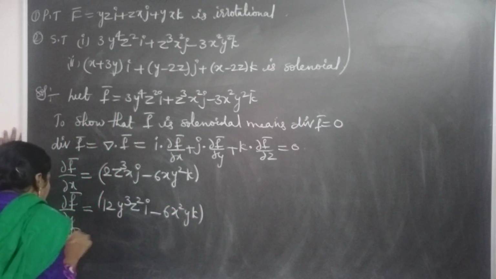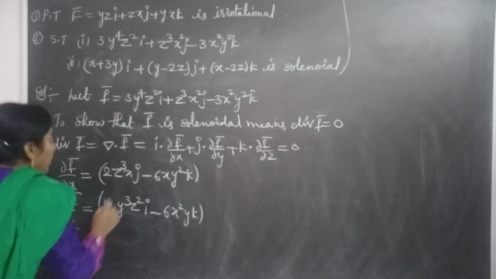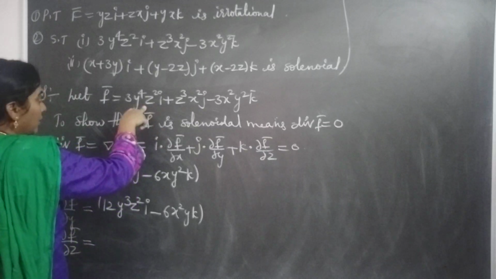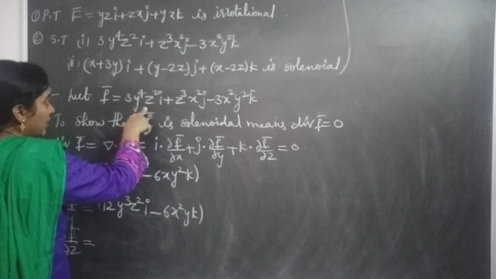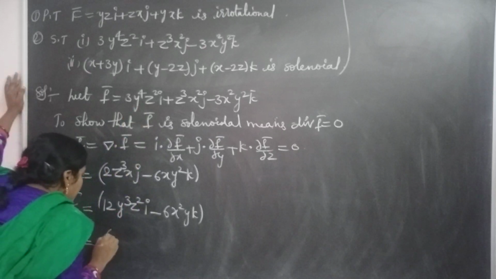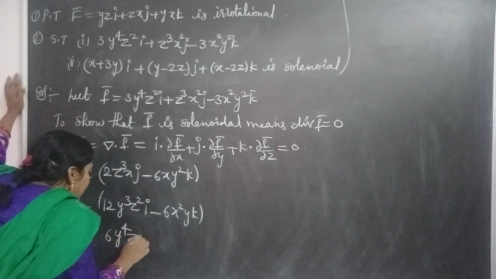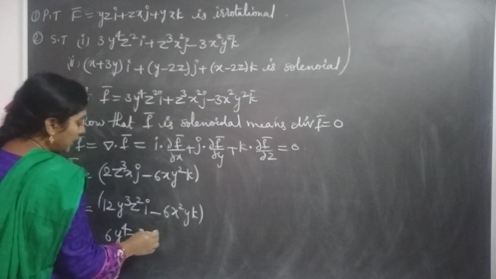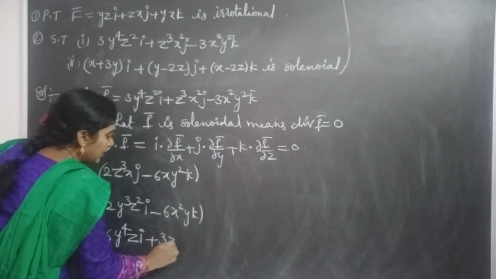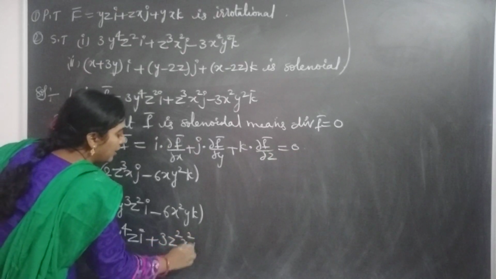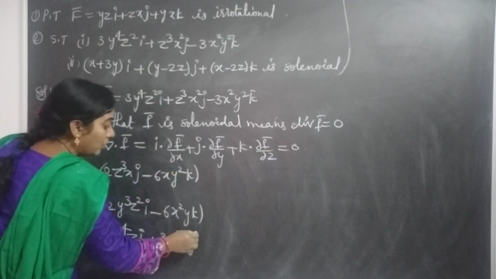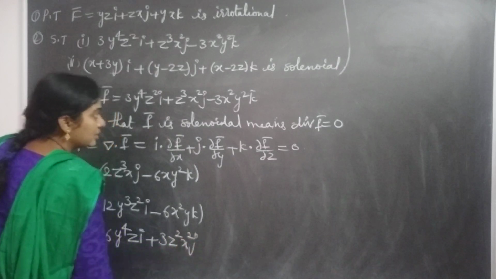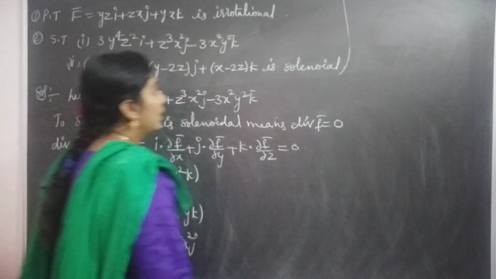∂f̄/∂z: in the first term, z square derivative is 2z, so 2 times 3 is 6y⁴z i. In the second one, z cube derivative is 3z²x² j. In the third one, there is no z term, so it is 0. Then